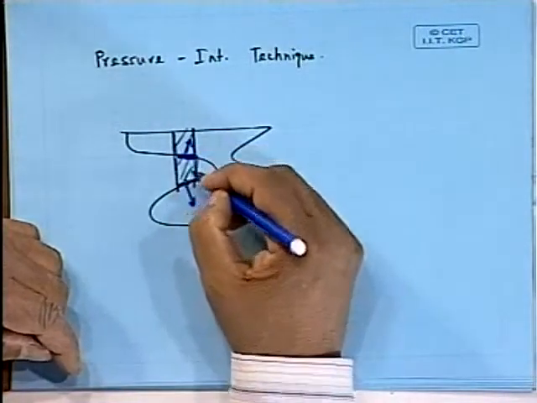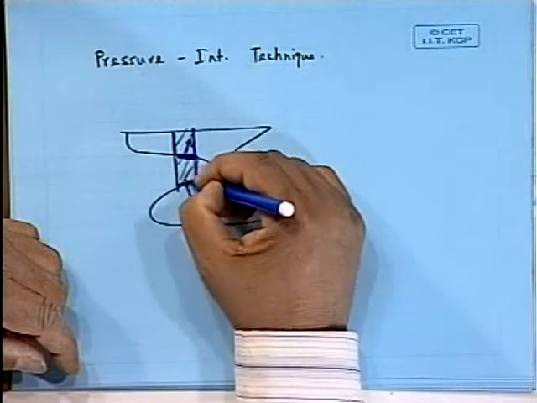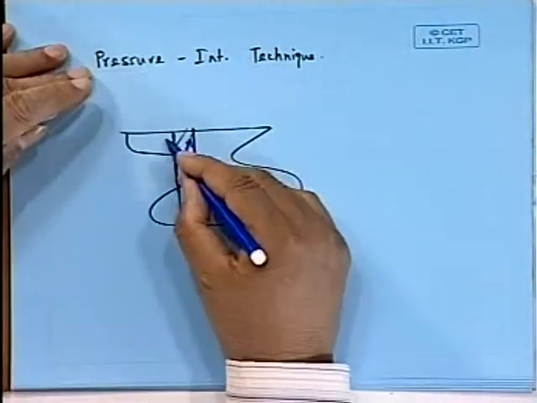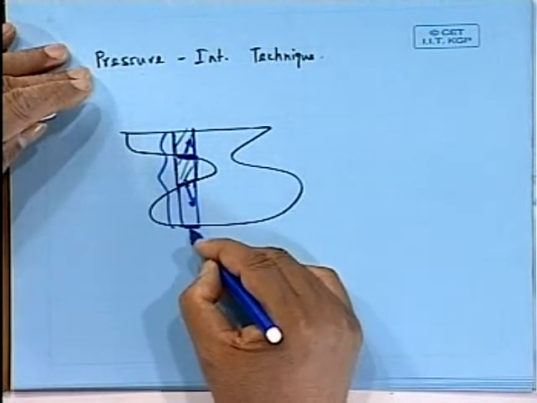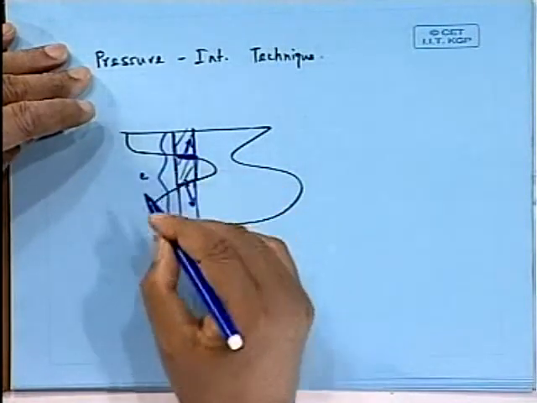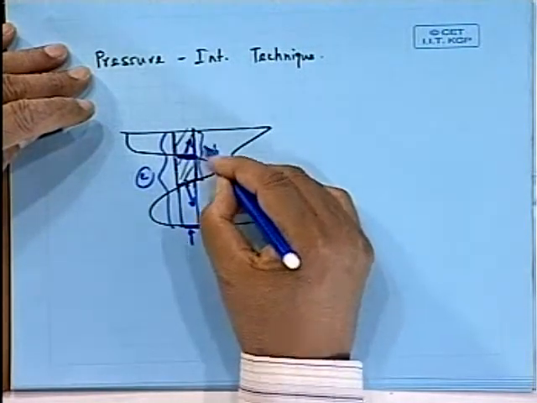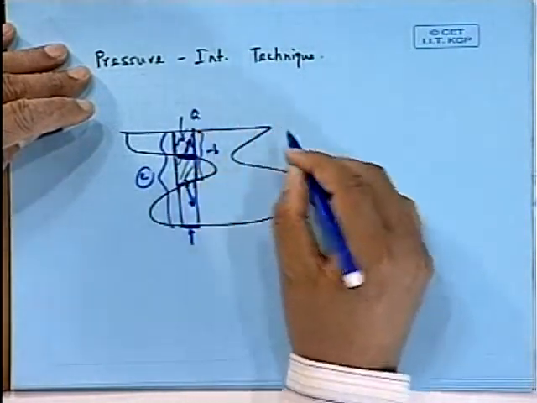So pressure acts here, pressure acts down here. In here you will get this much, in here you will get this much, and at the bottom you will get this full one. So you see, this part will give me C, this part will give me minus B, and this part will give me plus A.